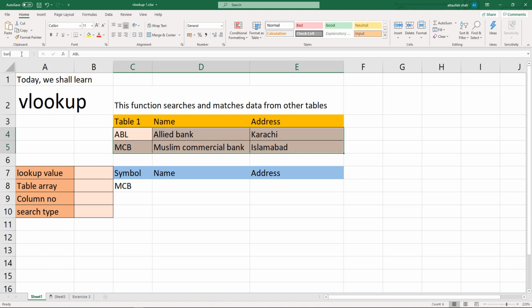For example, if I give it the name banks and then press enter, this specific area now has a name, and you can confirm that by going to this name box and clicking on it. A drop down will show, and you then click on banks, and this area is selected. So it means that the name has been assigned. Assigning a name is easy.